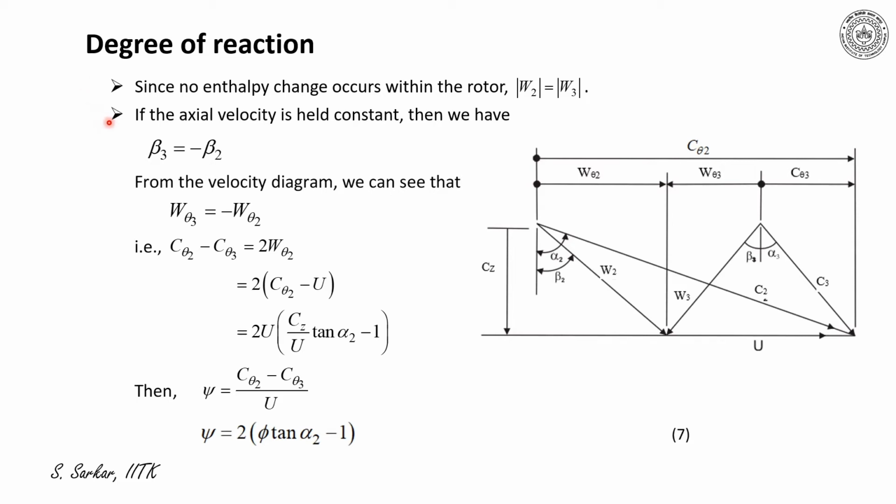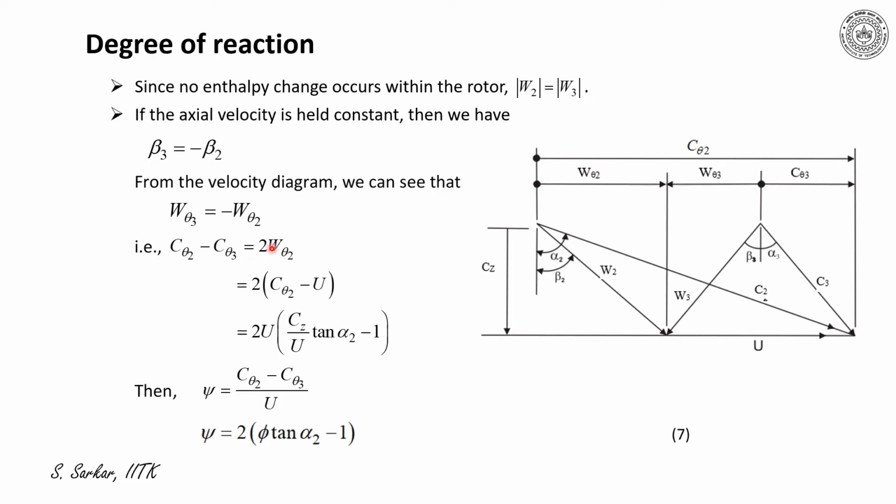If the axial velocity Cz is held constant, then we have beta 3 is equal to minus beta 2. Now, following the velocity triangle, we can say w theta 3 is equal to minus w theta 2, since w2 is equal to w3 and beta 2 is equal to beta 3 in magnitude, but they are opposite in direction. Hence del c theta, that is equal to c theta 2 minus c theta 3, would be equal to twice